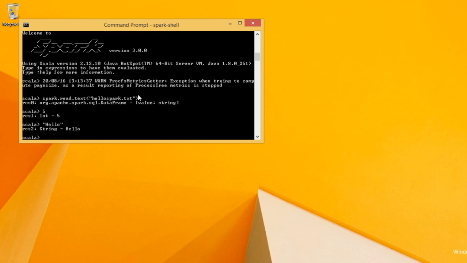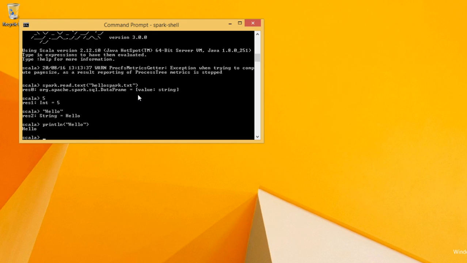This is a property of the Scala REPL, that when we write one expression and don't assign it to any variable, it will by default assign it to variables in increasing order, res0, res1, res2, something like that. But if we do println hello, that's a statement, not an expression. It won't assign it to anything, it will just print hello.